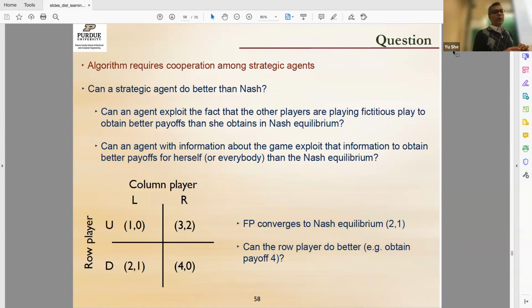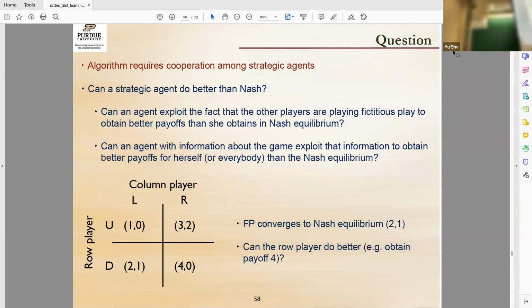Okay. So the question that I want to pose is the same, right? Here agents are already strategic. There is not even a notion of team, right? We are all out in the open. I care about myself, you care about yours. But when we come to this learning algorithm, there is still cooperation. In what sense is the cooperation?